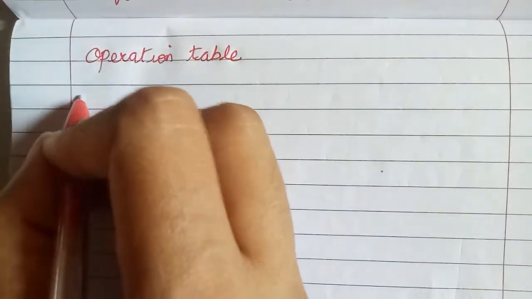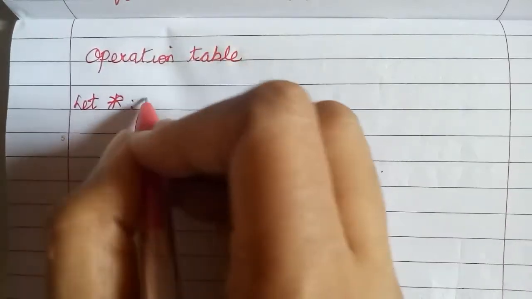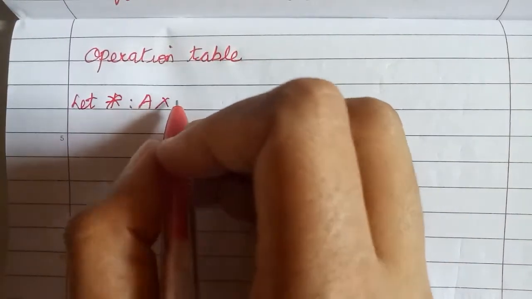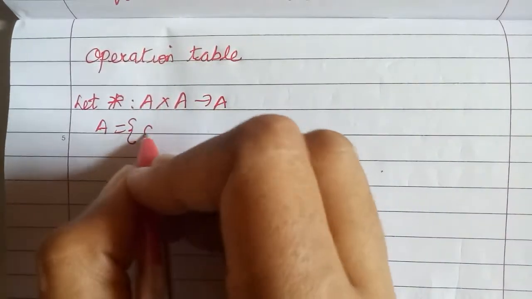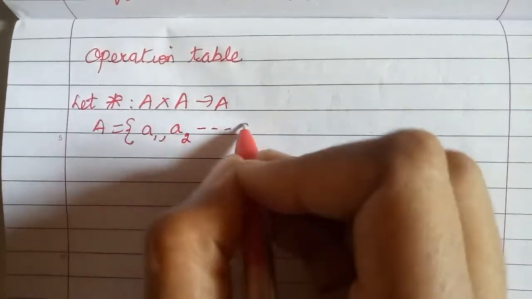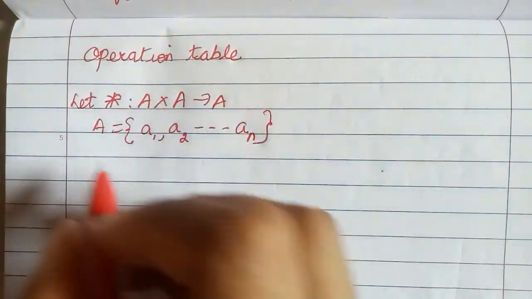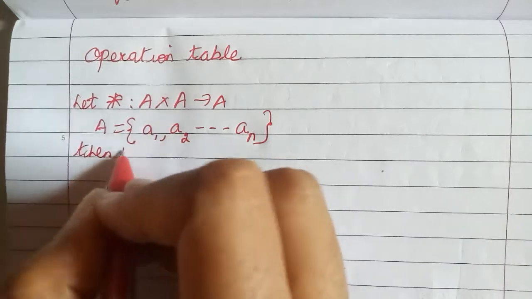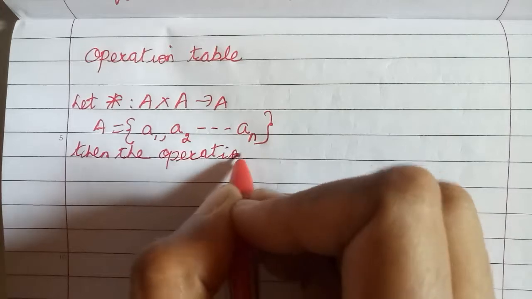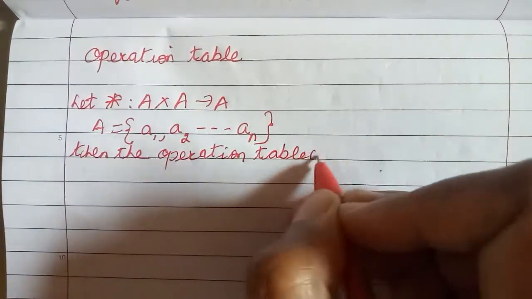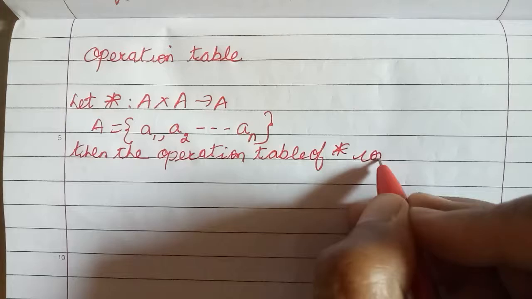Now my another topic is nothing but operation table. Okay, it is an operation table. That means, suppose if I have a star from A cross A to A, and my set A is containing all finite elements. Okay, then the operation table of star. So suppose if someone asks me to write the operation table of this star, then the operation table of star will contain